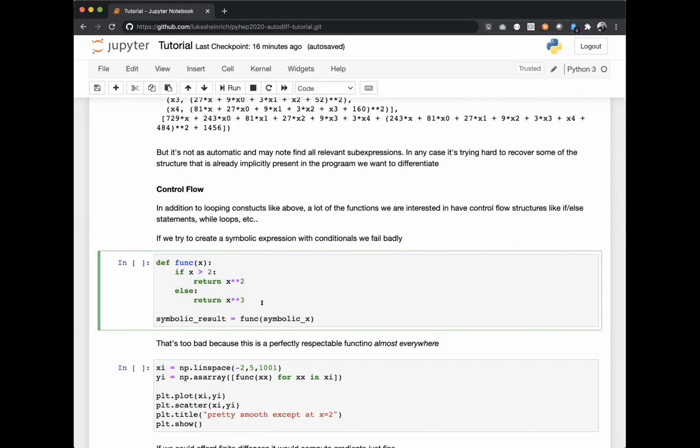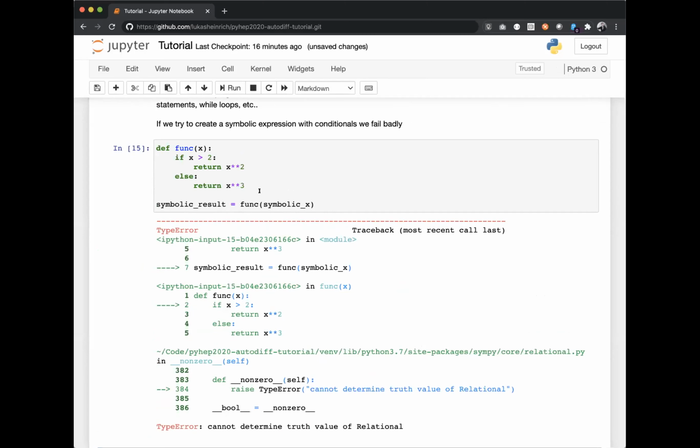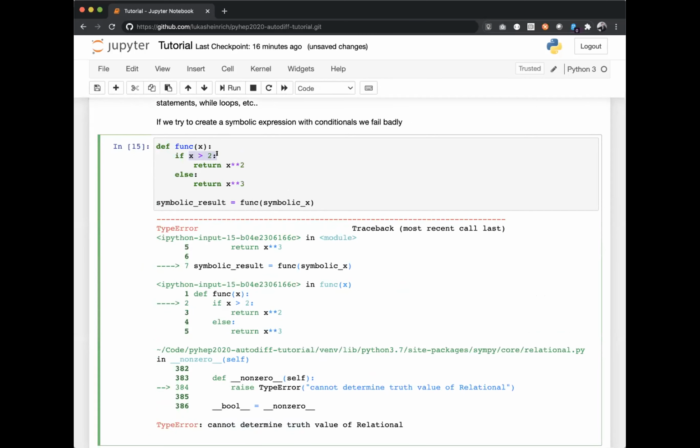So this is a perfectly respectable function, which is very much differentiable almost everywhere, except for a single point. You might hope to be able to differentiate this, but if you try to do this in SymPy, you get an error, because SymPy cannot really handle this branching statement in the way that it's written here. It says, okay, I cannot determine the truth value of this construct. And so it can't really do this, but if we go back to the